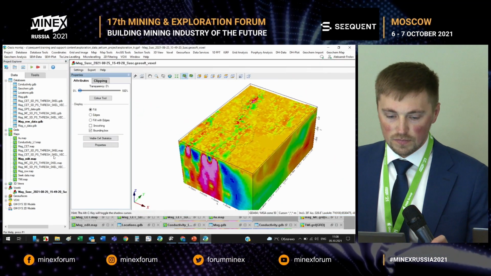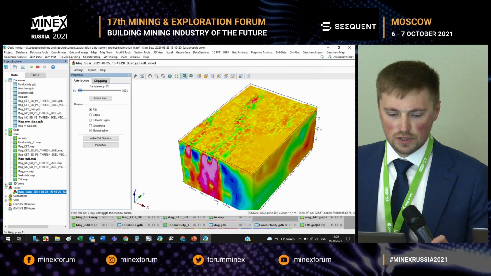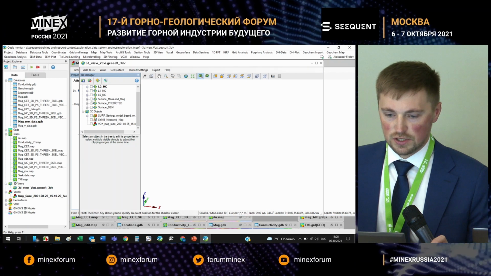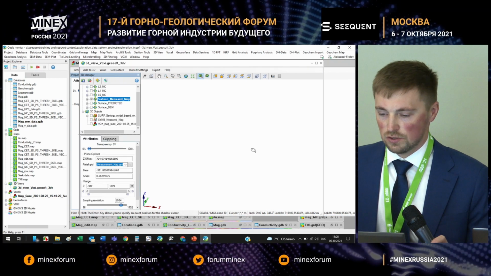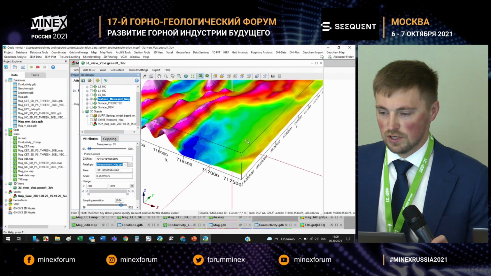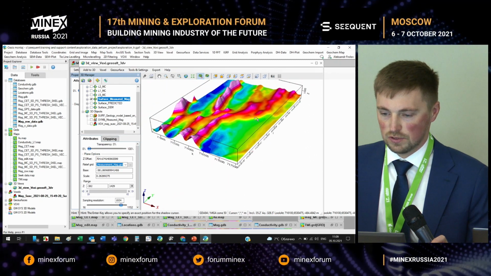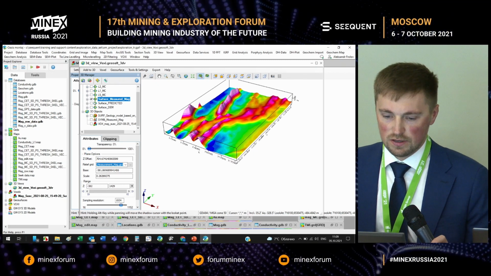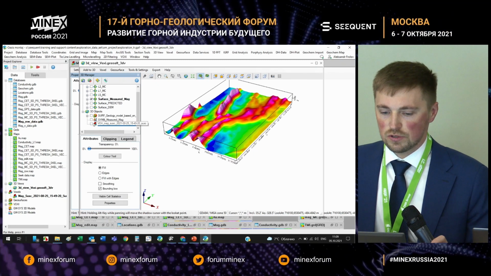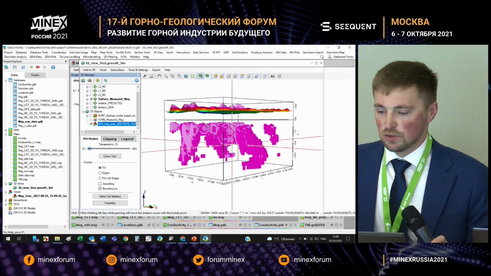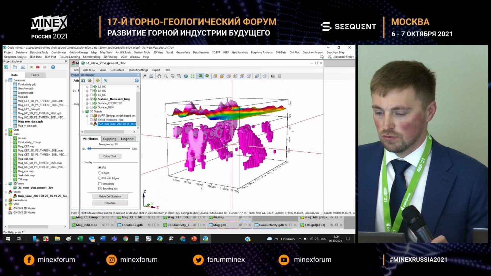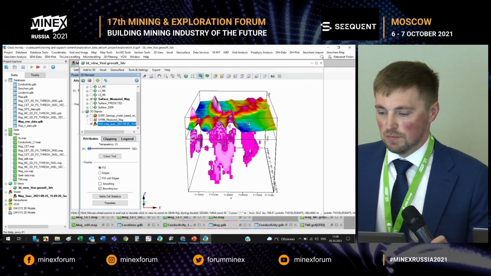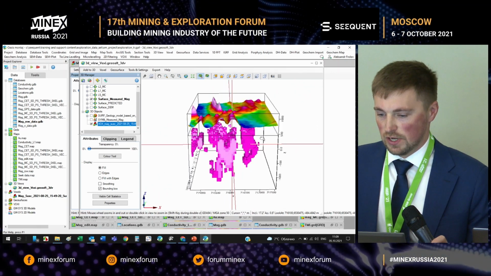So what I am saying is that we can use this data to build a 3D model, which will be the inversion of geophysical data. We take this magnetic data we previously demonstrated, and then we use these physical fields and characteristics that will provide this model for magnetic sensitivity based on the magnetic surveying data.